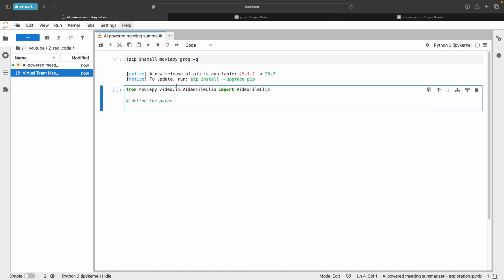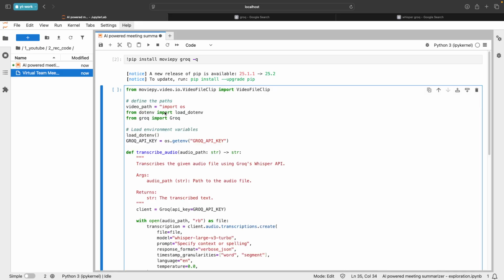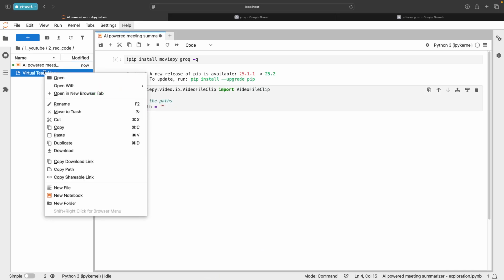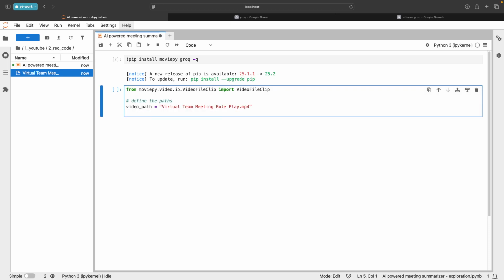So path of the video that we have, and also where the audio file should be saved. So we need to give both these things. So I'll say video path is equal to, I'll copy the name of this. Let me go to rename and copy this entire video name. Okay. And then for audio, I can say audio underscore path is equal to